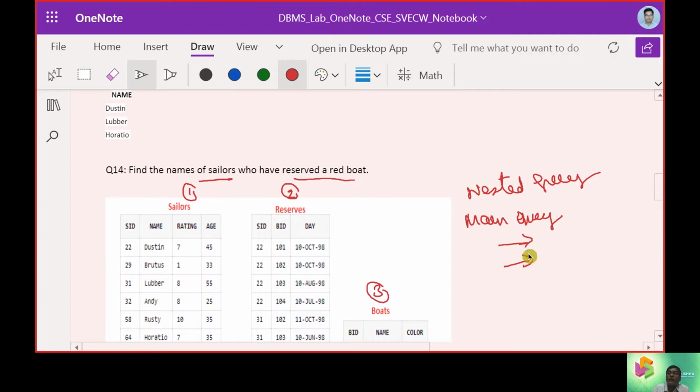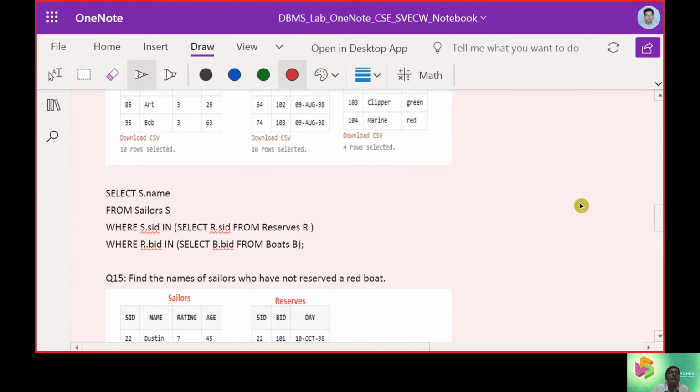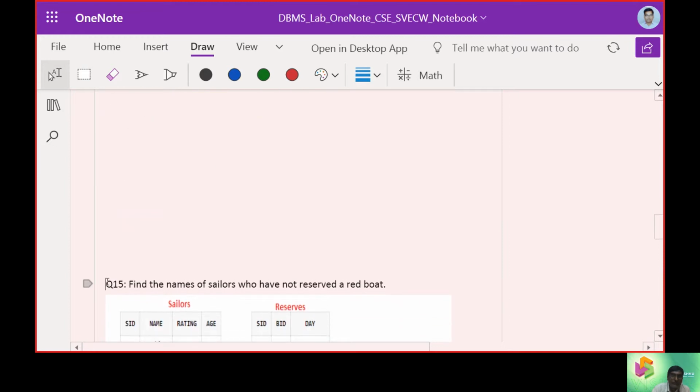It is going to have answers from subquery 1 and answers from subquery 2. So select SID, RID and other elements.